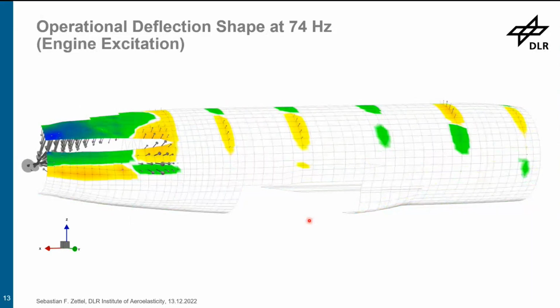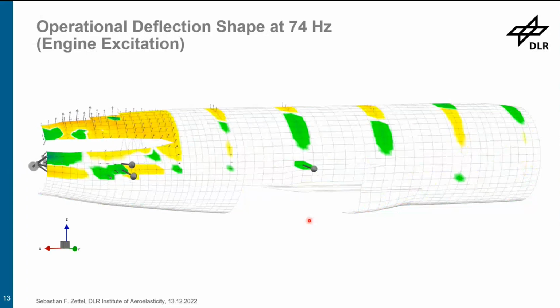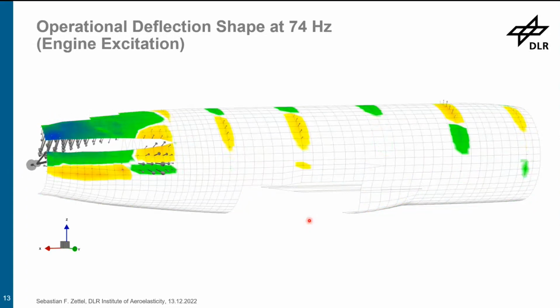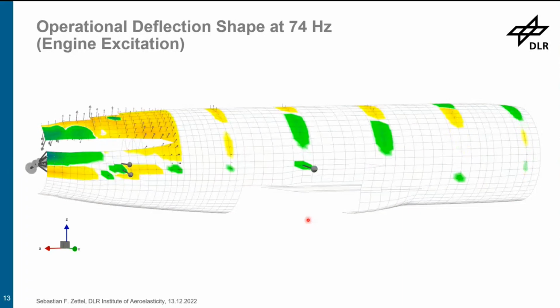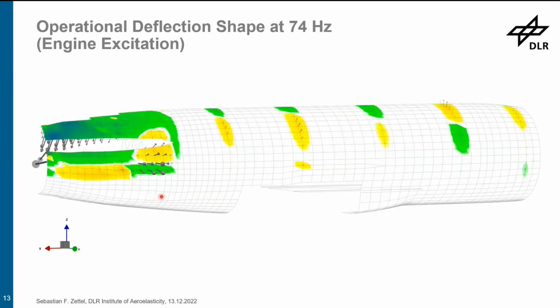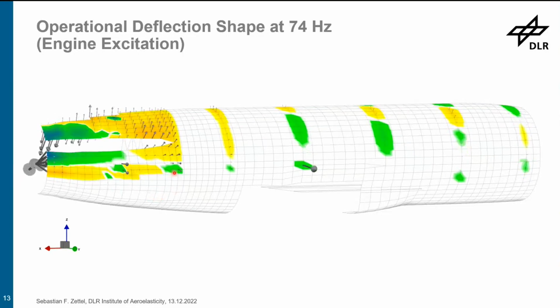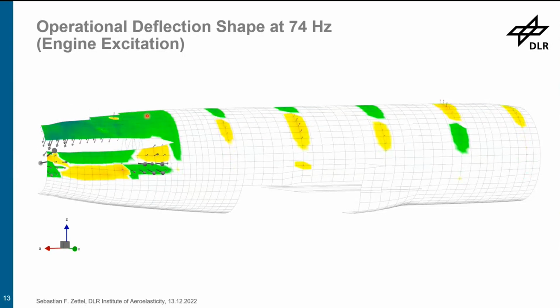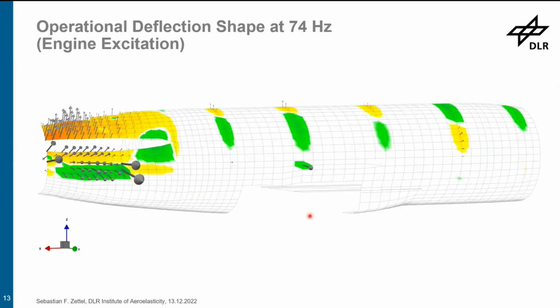As a comparison, here you can see the operational deflection shape also at 74 hertz, but for the engine excitation. And as for the engine excitation, we only had a subset of sensors, only in the back of the aircraft. We only see the deflection shape in high quality at the back, and only some